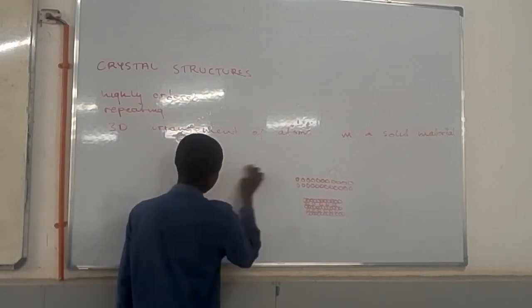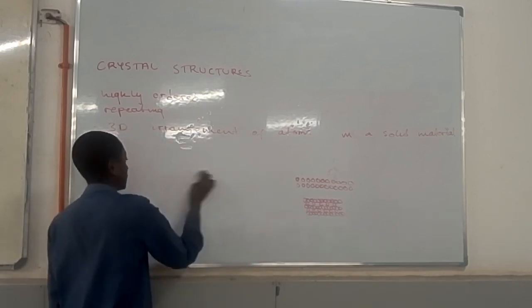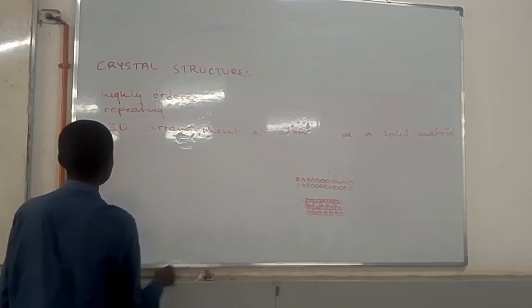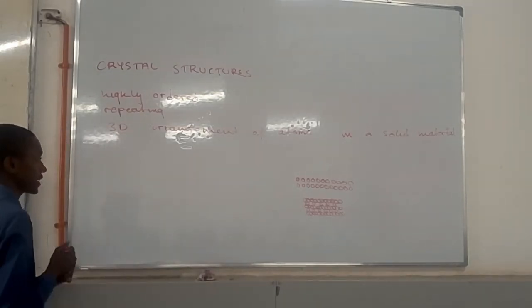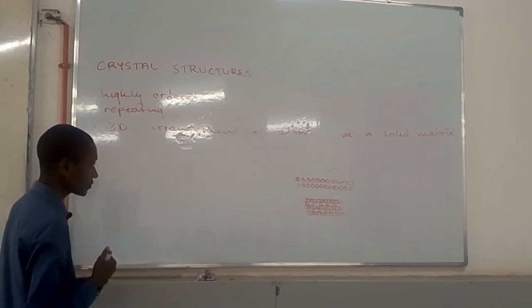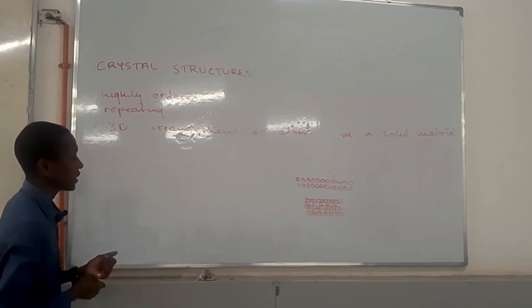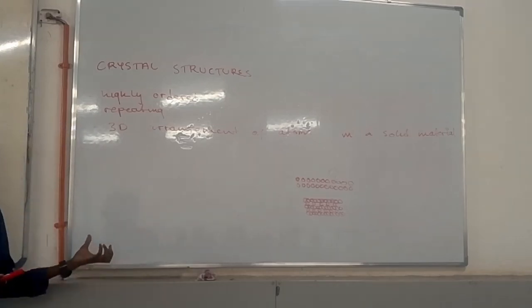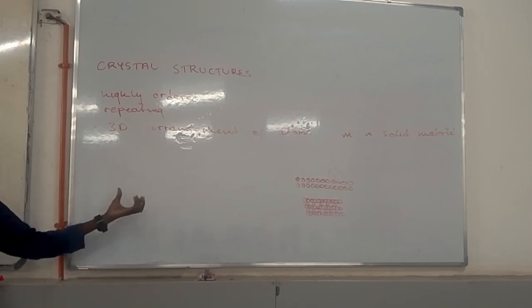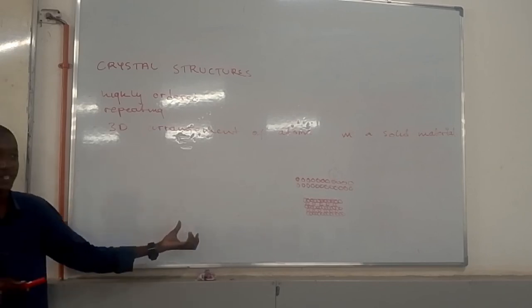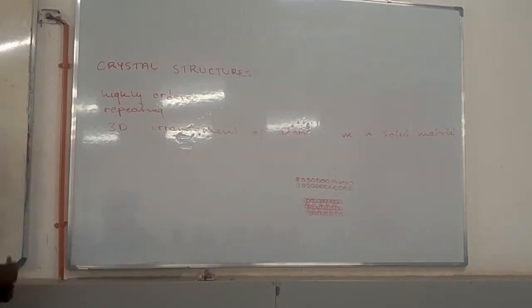So another thing that you should know about these crystal structures is that they have a repeating unit. Since we said that they are highly ordered and repeating, they have to have a repeating unit. Like for example,